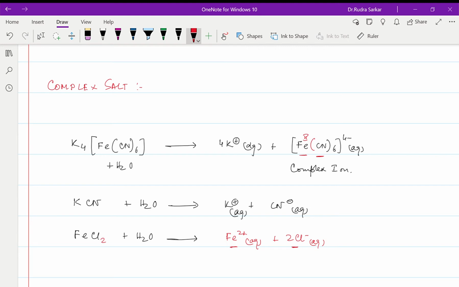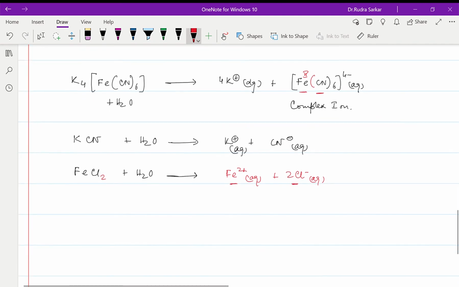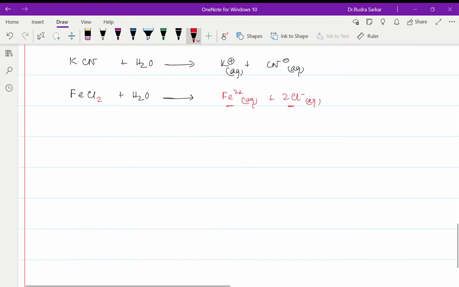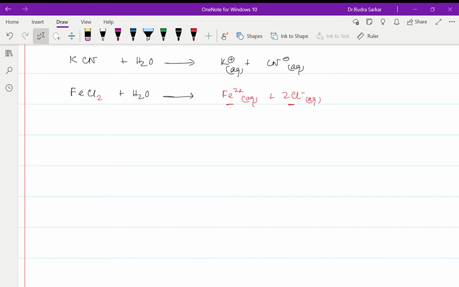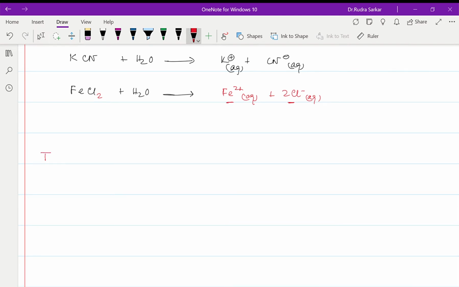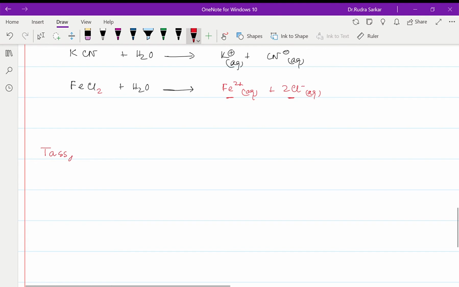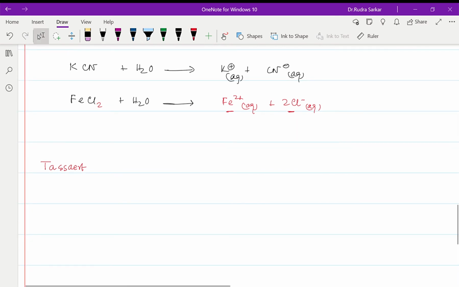The idea of representing complex ions like this was given by Alfred Werner. So we will be giving you this historical event that took place, and it started with a scientist because he made some observations. His name is Tassaert. So Tassaert made an observation,